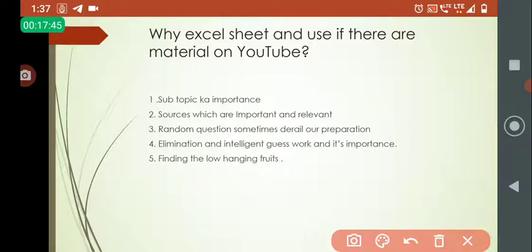Then in the last part, we see 1/3 of the book is basically constitutional bodies and non-constitutional bodies. We need to know what type of questions can come from constitutional and non-constitutional bodies, and how important that sheet is. If we have 6 constitutional bodies and 8 to 10 non-constitutional bodies, just think how much we have to remember of them. So I want to see that if we have limited time, can we skip them, seeing the scenario of how many questions come and how many don't.